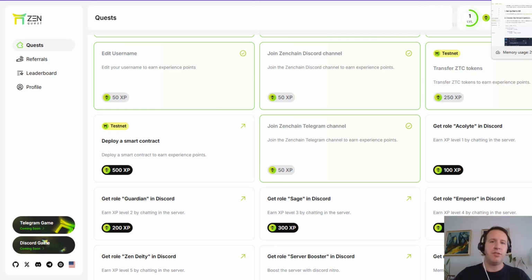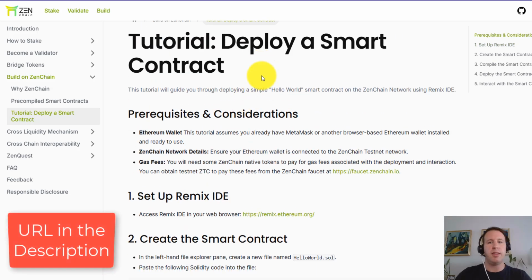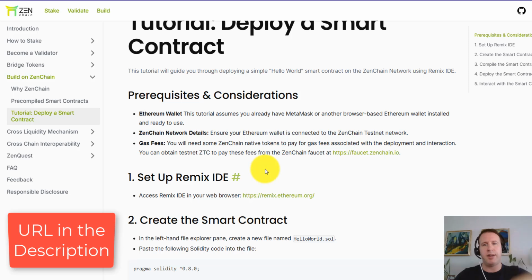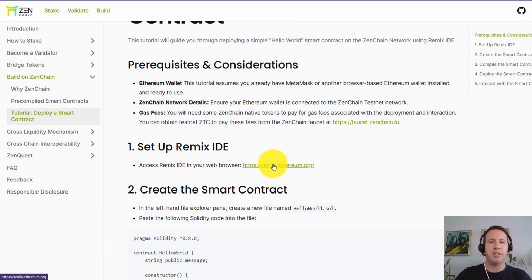It's that simple. First thing that we need to do is we need to hop over to the tutorial. This outlines everything and has all the information that you need. I will put it in the description below. So first thing is that we're going to